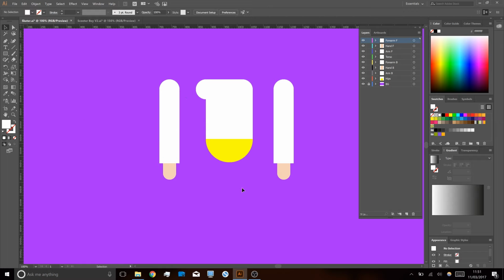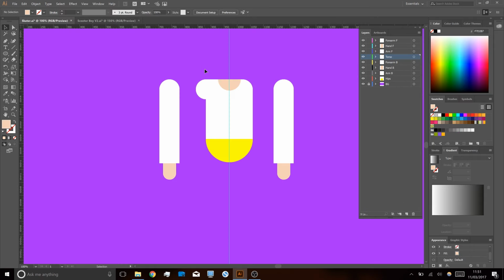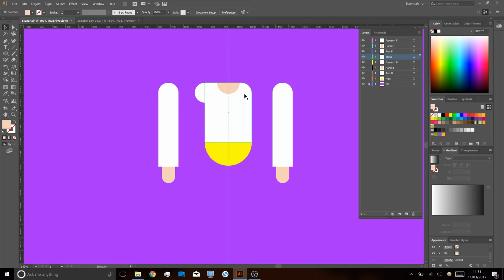Right, so there we've got the basis of our guy. On the torso, we're going to just quickly drop a ruler into the center, which is here. With the circle tool, I'm just going to draw a circle like so and make it the skin color. And I'm just going to delete this top anchor. So then we've got a place for our neck. If we go back to our other guy, got this kind of here. And then with these arms,